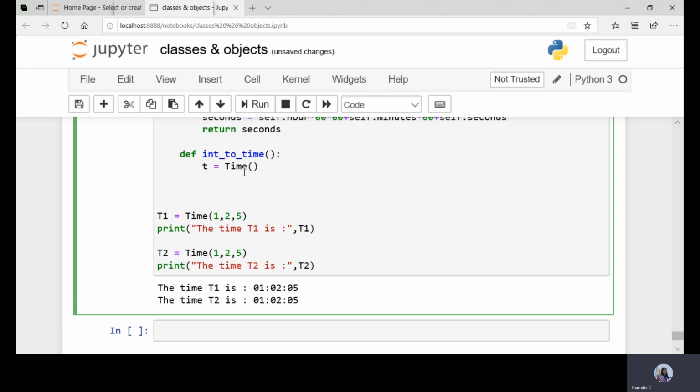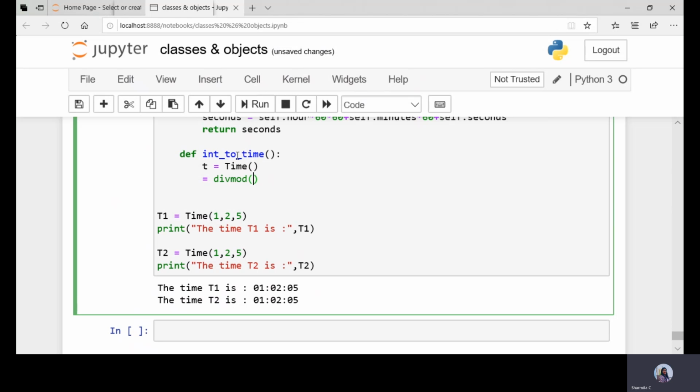Here first we'll do equals to, we'll use a built-in function that is called divmod. This divmod is a built-in method which gives the quotient and the remainder after dividing the first argument by the second argument.